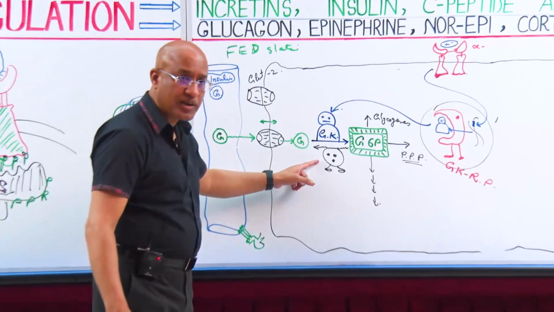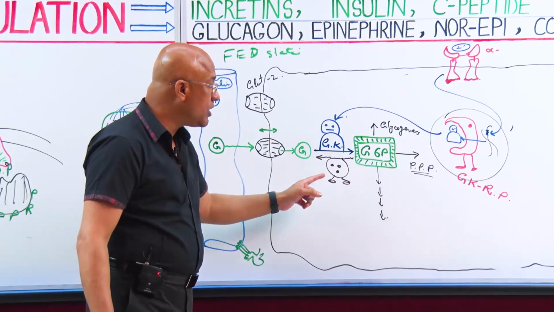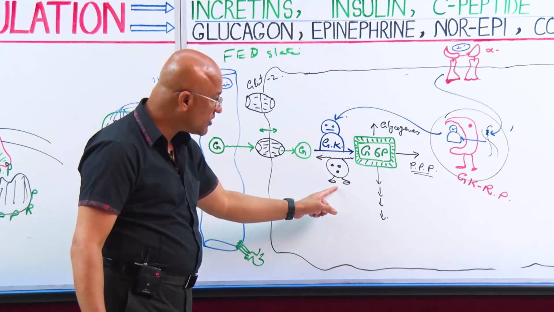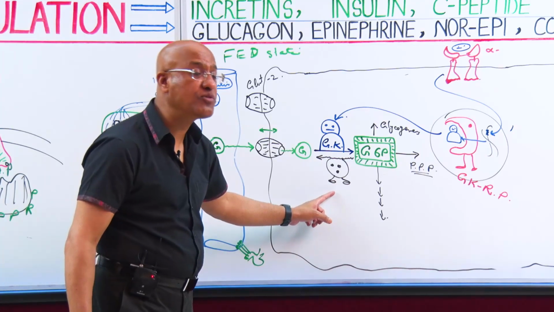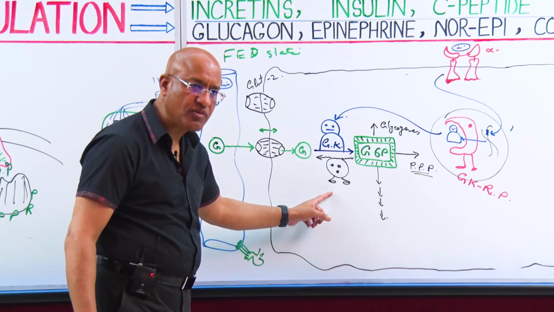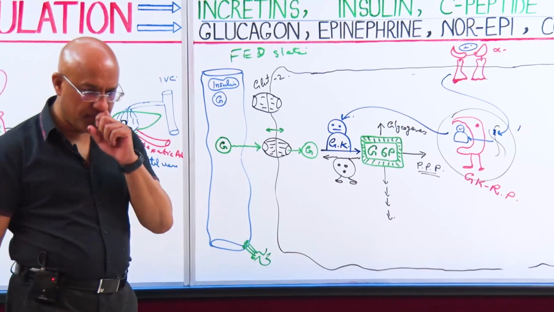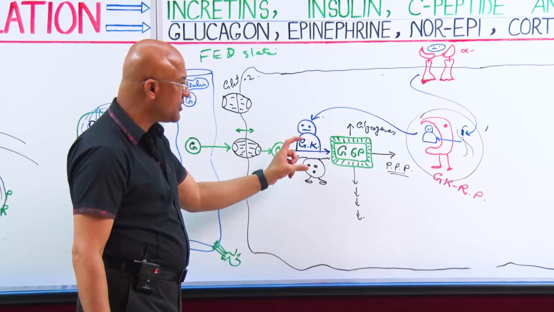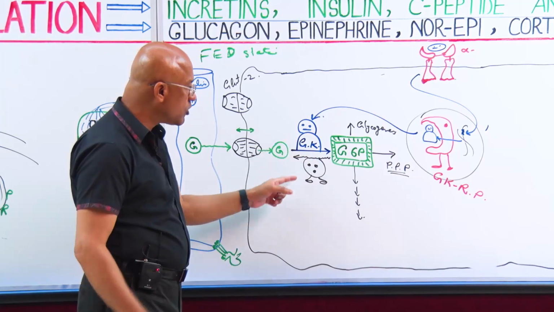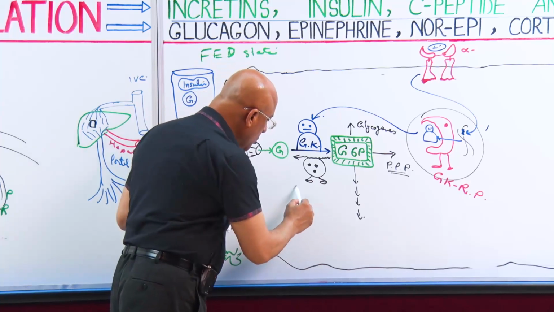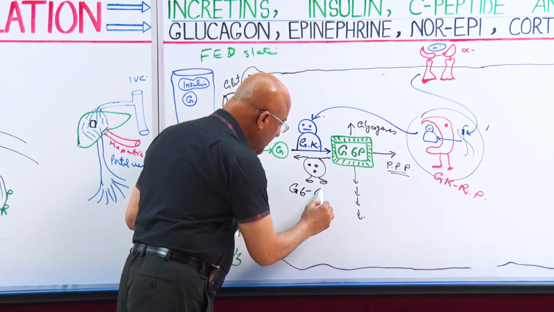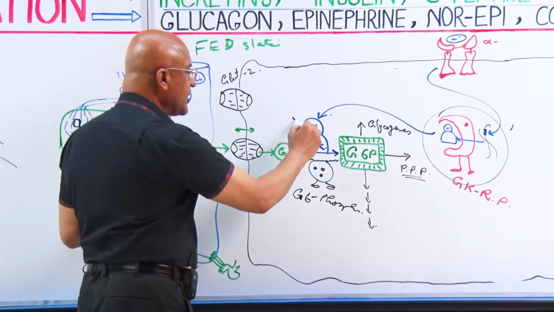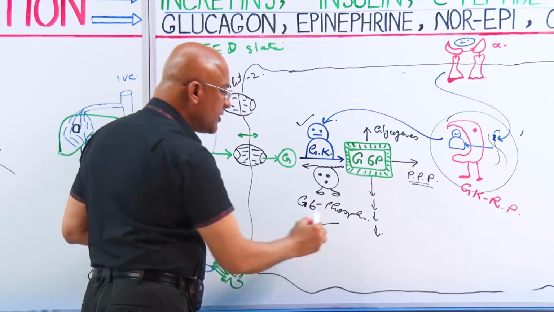This other enzyme is activated and glucose 6-phosphate will convert into glucose. It means phosphate will be removed. So this enzyme is called glucose 6-phosphatase. What is it called? Glucose 6-phosphatase. Now we have to remember a very important point, that liver, hepatocyte, have both kinds of enzyme. It has glucokinase, and it also has glucose 6-phosphatase. In fed state, this is active. In fasting state, this is active.